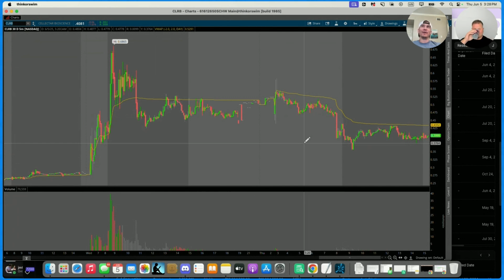So they were probably in discussions before all of this happened, and they were prepared to get short. They're short a bunch of shares, and now they can just exercise the warrants at 30 cents and cover their short from wherever they were. Let's just say they're short at like 50, 60 cents. Yeah, and I'm pretty sure they had other options of dilution available to them as well, but I think it might have been an ATM or